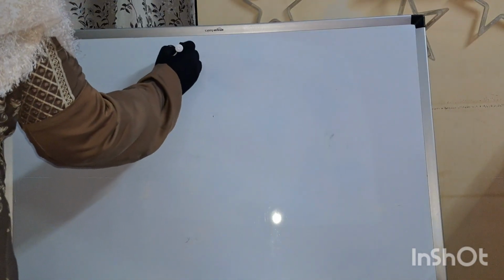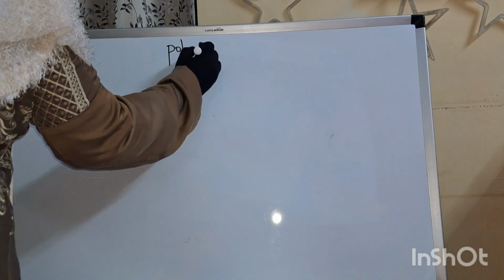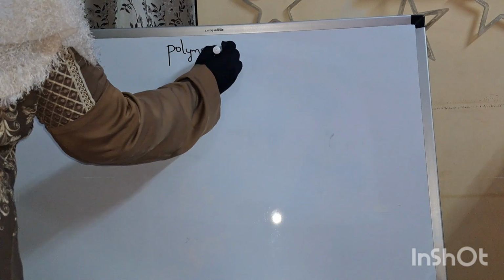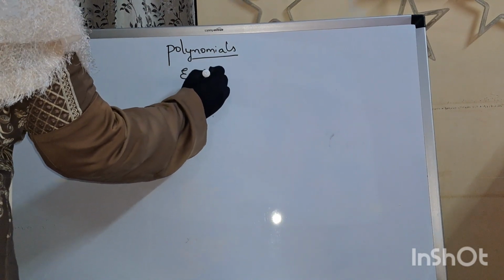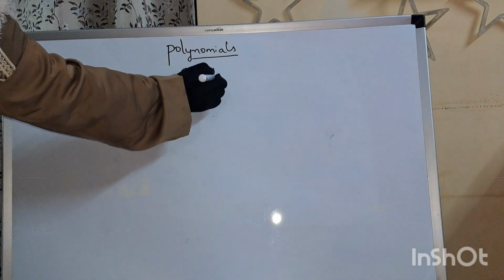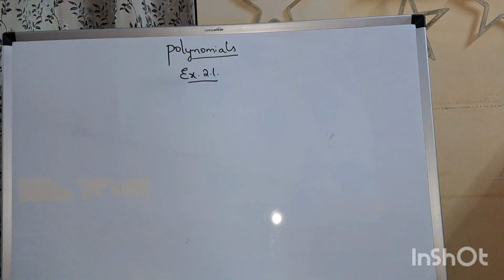Hello everyone, let us start exercise 2.1 of polynomials, class 9th. In exercise 2.1, the first question is find the degree of the polynomials given